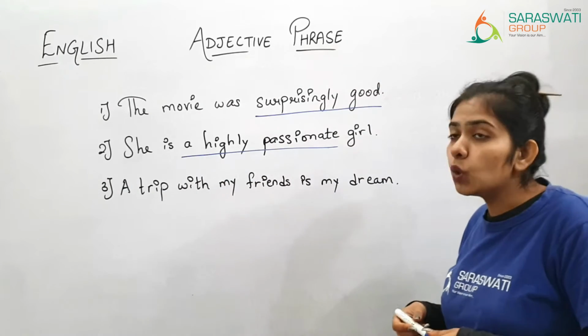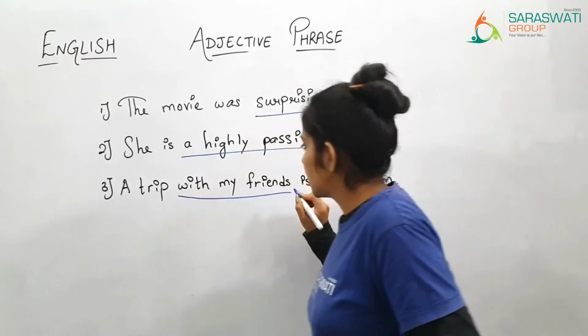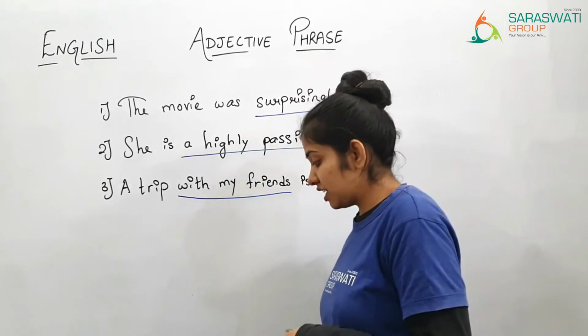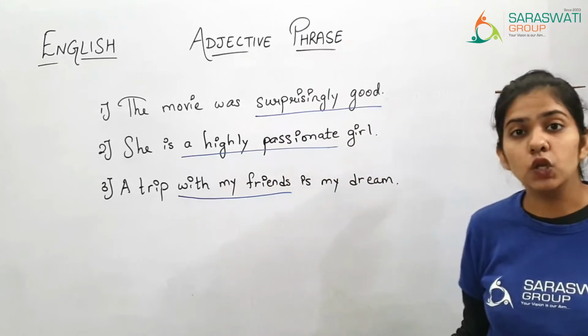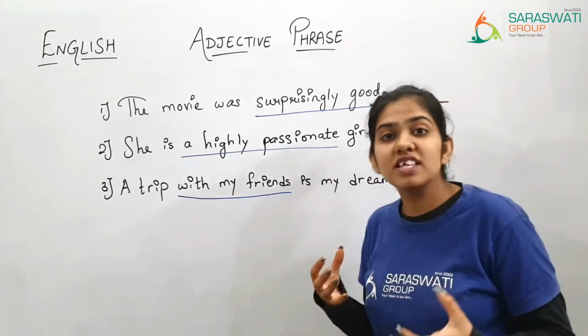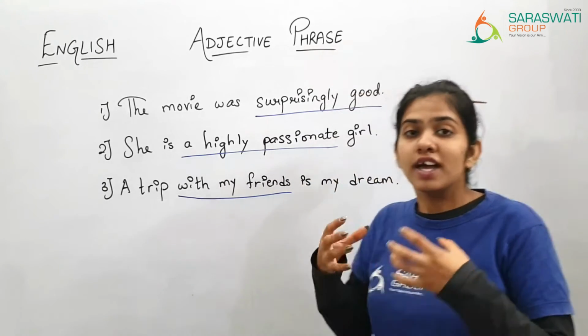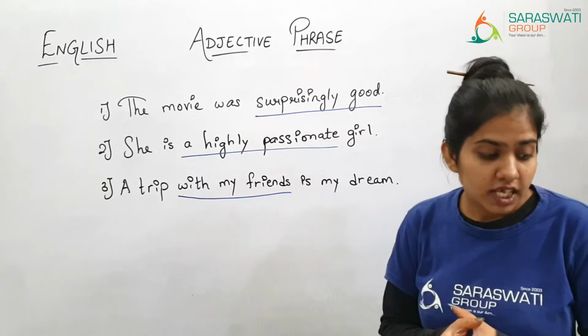A trip with whom? With my friends. So with my friends is your adjective phrase. In adjective phrase, you don't have to underline a single word, because a phrase means it itself is a group of words, right? So you need to identify a group of words in that. Okay, so